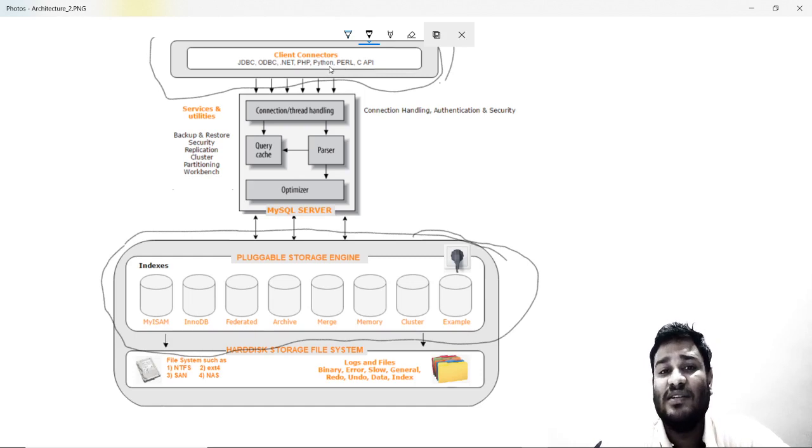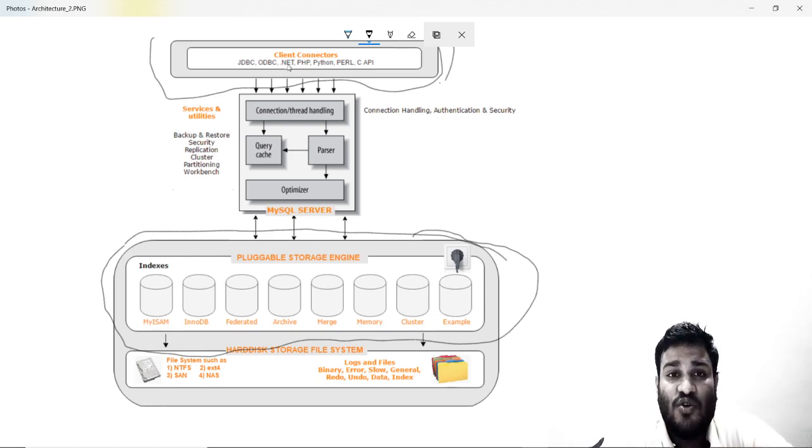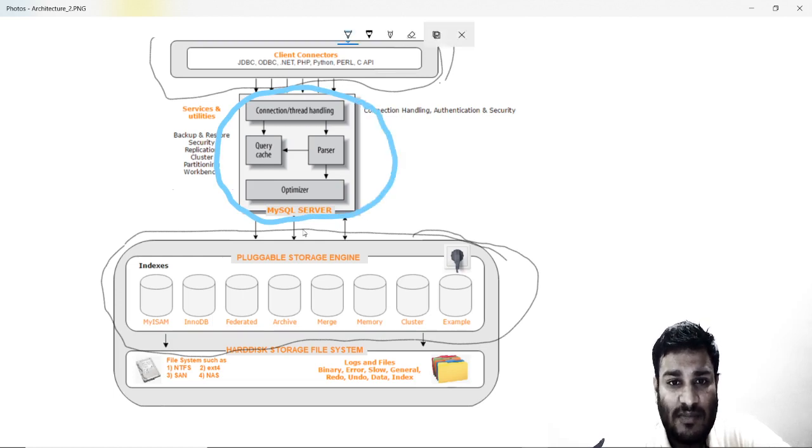The first thing you need to understand is what exactly happens whenever we send a request to a MySQL server. MySQL servers use a language called structured query language. This is a high level language: you give a command, and as per that command it fetches you the results. Now the next question is, how does it fetch? You send this request from your client machine and it goes to the server. If you see over here, I will mark it with blue. This is the server. Only this part, up to this part, we call the MySQL server. Then this is the storage engine, and the last one is the hard disk.